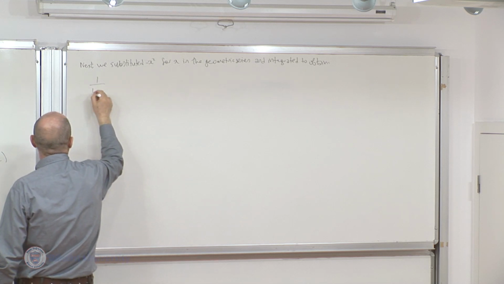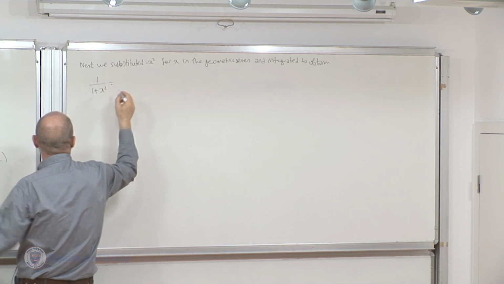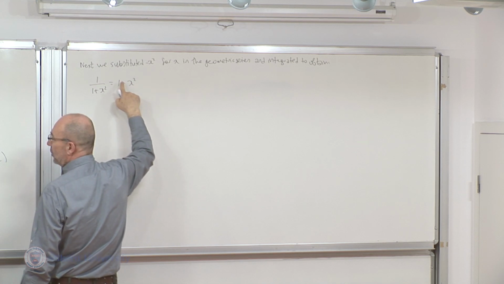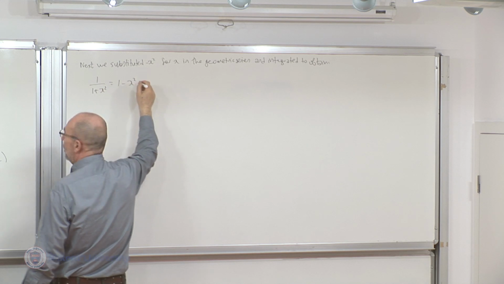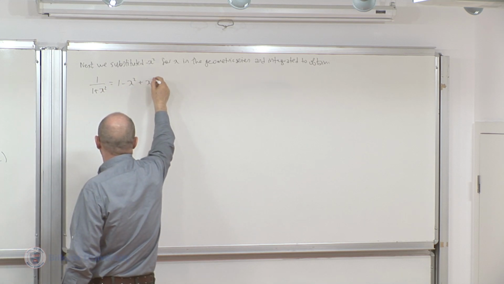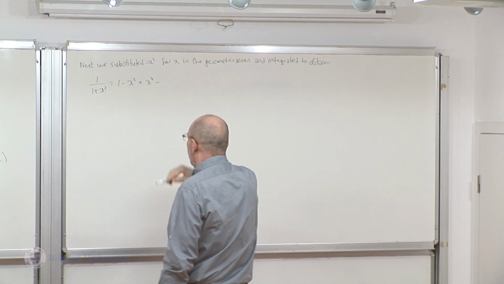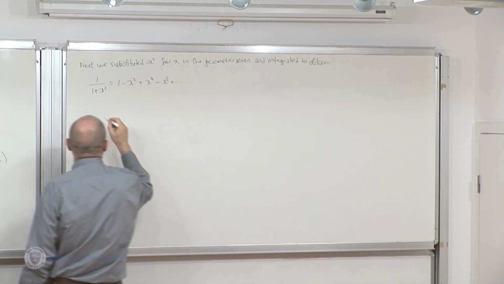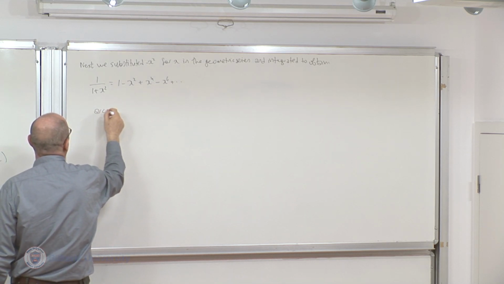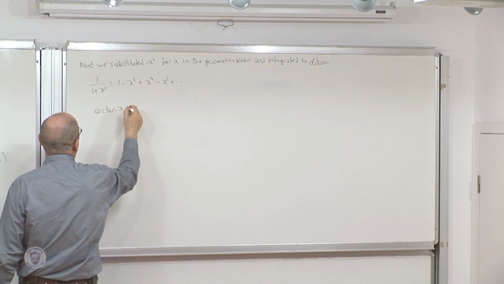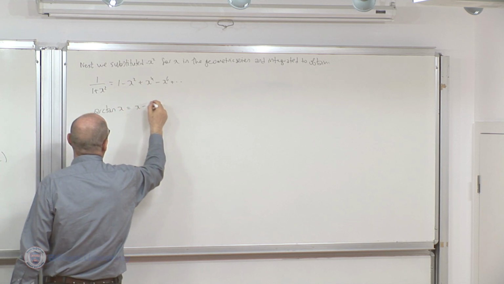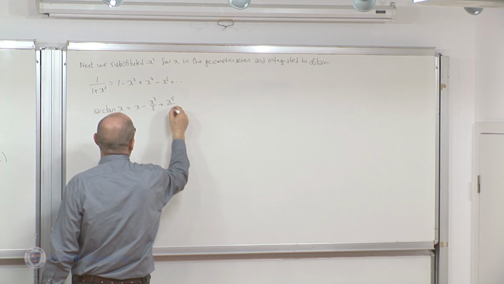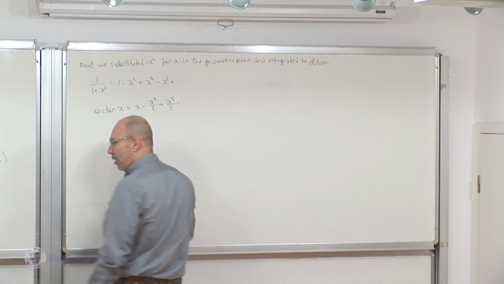I have 1 over 1 plus x squared. Okay, so I have 1 plus x squared. Well, I put minus, right? 1 minus x squared plus x to the 4 minus x to the 6 plus etc. Okay, so integrate, you get arctangent x. So this is equal to x minus x cubed over 3 plus x^5 over 5 minus